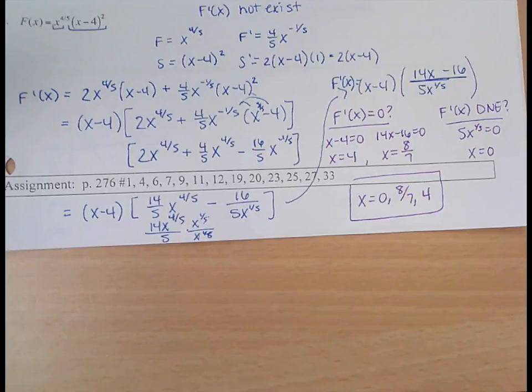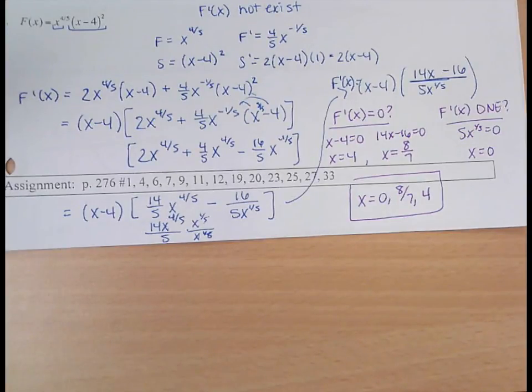Okay, so are there questions on that? If your derivative is a polynomial, it's going to exist everywhere. So in that case, you're just checking to see where it equals 0. So not every derivative will have a value where it doesn't exist. Okay, so where this is all leading,